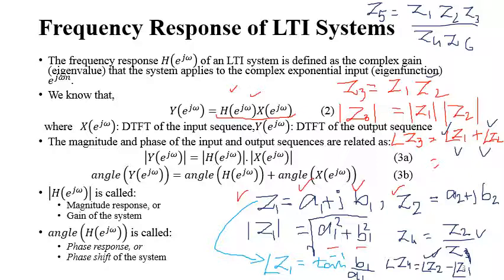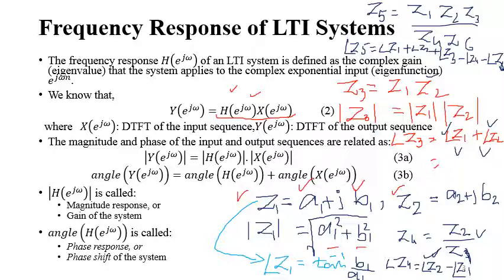Also the angle of z will be equal to, you understand, the angle of z1 plus angle of z2 plus angle of z3 minus angle of z4 and minus angle of z5. Okay, so I hope this gives you an idea that if you have multiple complex numbers, then if a